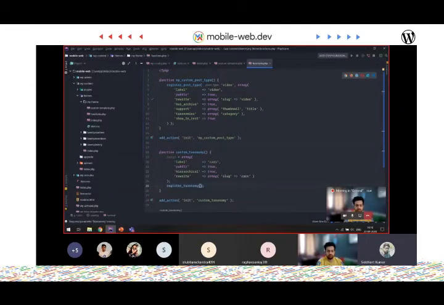So it requires 3 arguments. First is your custom taxonomy name, like this. Then an array, in which you will type your post types, the custom post types where you want to show your custom taxonomy. Right here, post, and custom post type video.